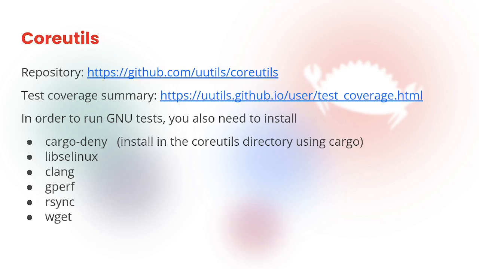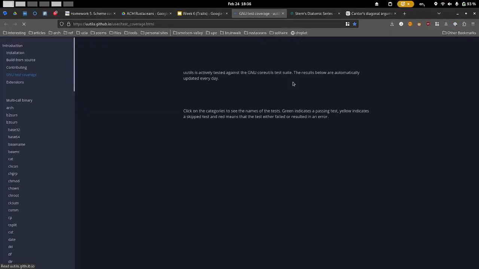Anyways, for those of us that are here, as well as anyone who's watching this, let's go over some core utils stuff. I talked a little bit about this last week, but I didn't really get it on video, so I'll just repeat it now. So there's a link to the repository. It's also in the core utils channel on the Discord. The test coverage summary. Oh, this is not on the channel, but here's the test coverage summary. If you click on this link, it'll take you to